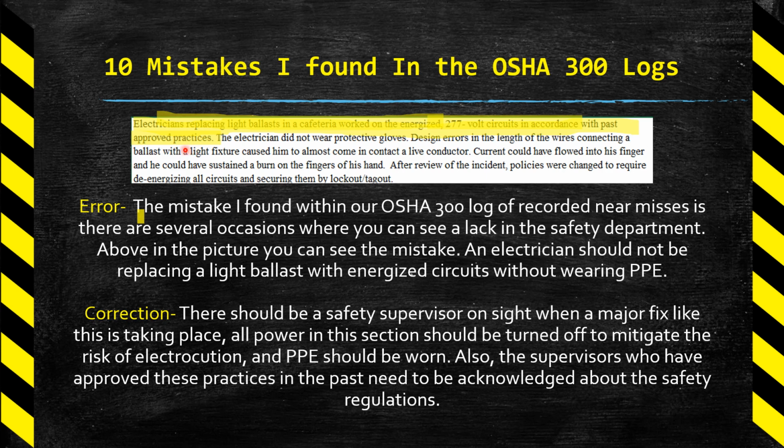There are some huge mistakes we see here, obviously, that we've talked about throughout the PowerPoint, where they're working on an energized 277 volt circuit, and they're also not wearing any PPE, which it says down here. And the big part here is with past approved practices. The mistake I found here, this is just all an error right here, and this should not be done, especially